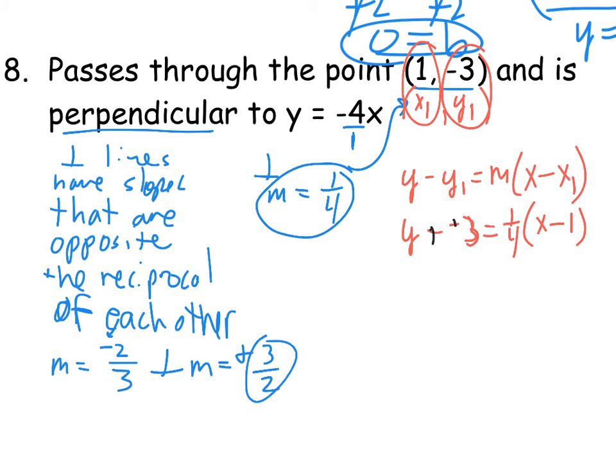This is plus a positive, so cleaning this up now, getting rid of the parentheses, it's going to be y plus 3, minus negative is plus a positive. Distribute the 1/4 through there. Well, 1/4 times x is just 1/4 x. And 1/4 times -1 is -1/4. I'll leave my slope as a fraction, but you can,